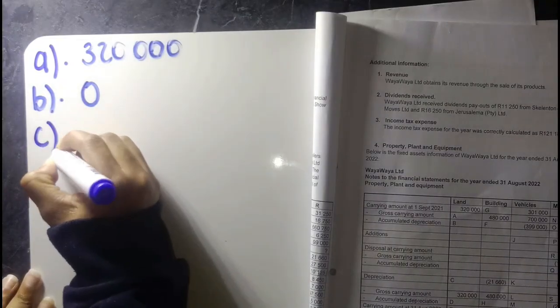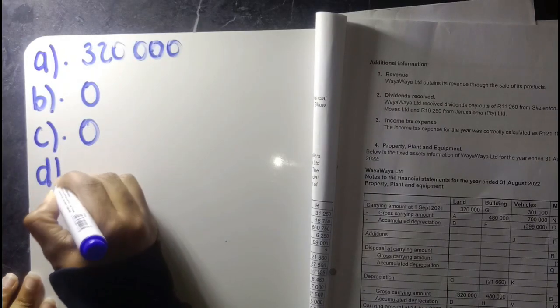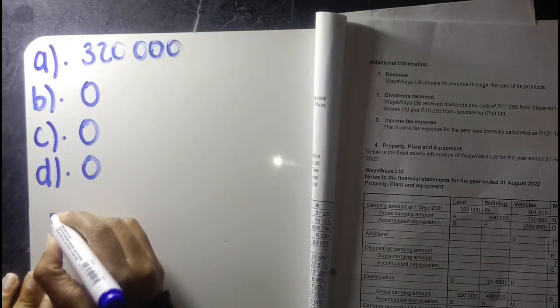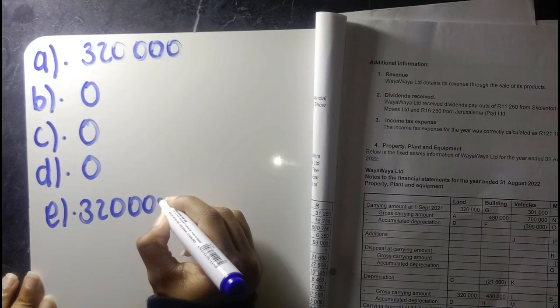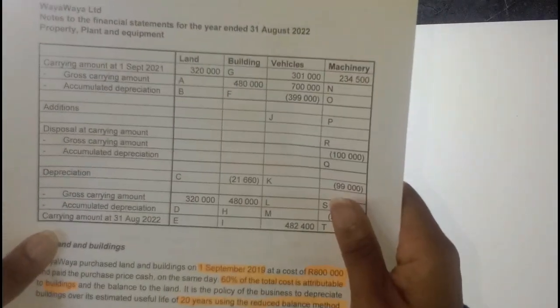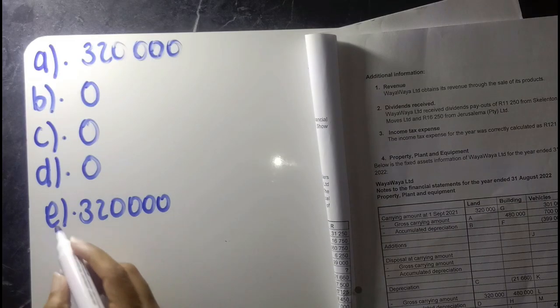You'll see they're also asking for accumulated depreciation, and it will also be zero. And then for accumulated depreciation, which is D, we will also have zero, and your E will be 320,000, which is your carrying amount, because 320,000 minus 0 is 320,000. Basically, if we had this in the exam, you'll have 1, 2, 3, 4, actually 5 easy marks to get, just by knowing the principle that land doesn't depreciate, right? Now let's move on to F, which is